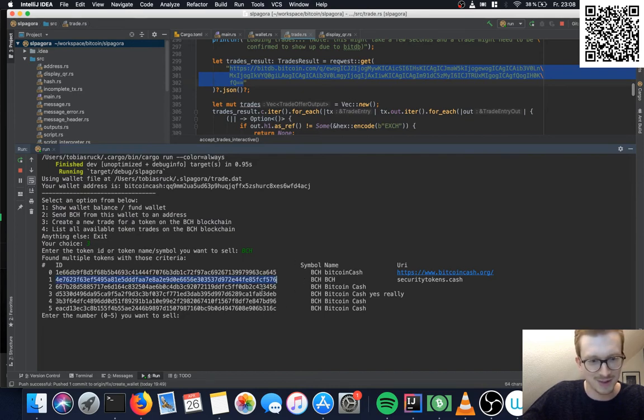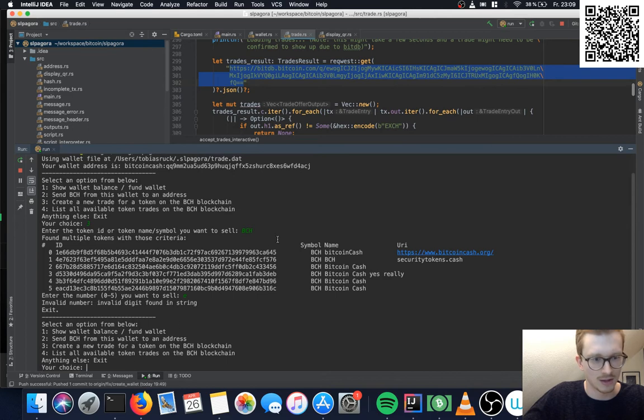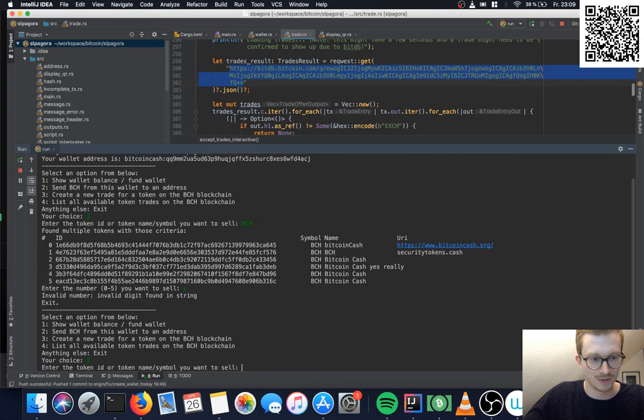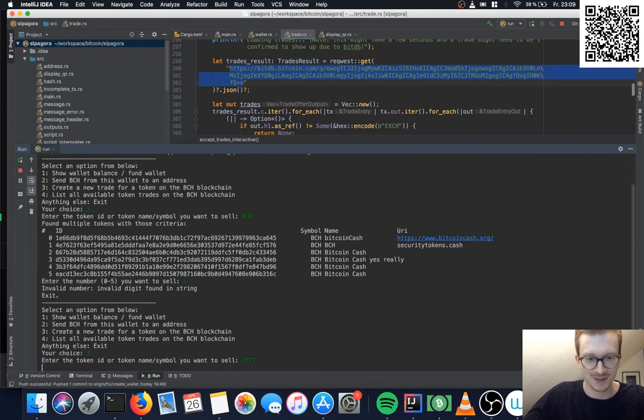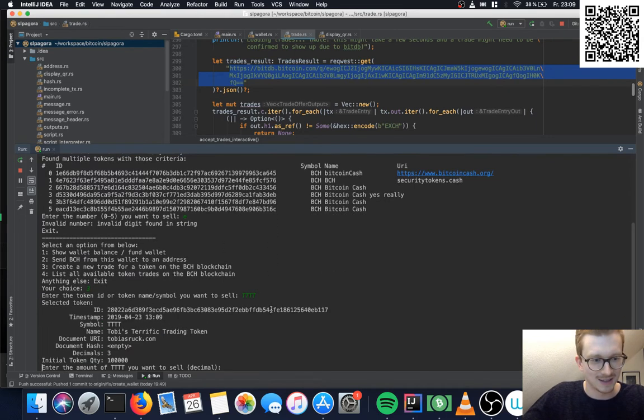Whoever made a token called BCH, and then you can select the number you want to sell. But I don't have any of that token, so we have to go with the Terrific Trading Token. Yeah, so the usage is, I think, as simple as it gets, other than crashing sometimes.